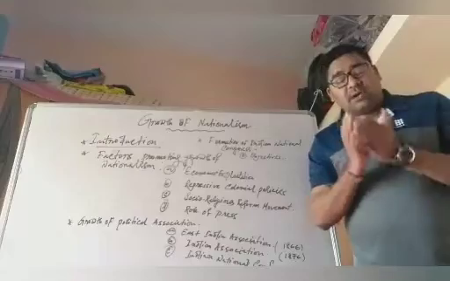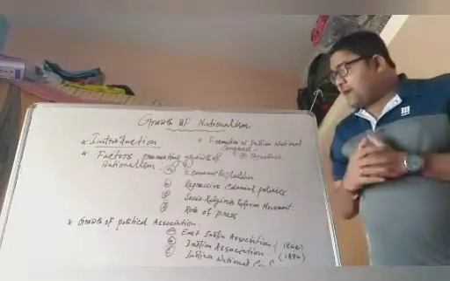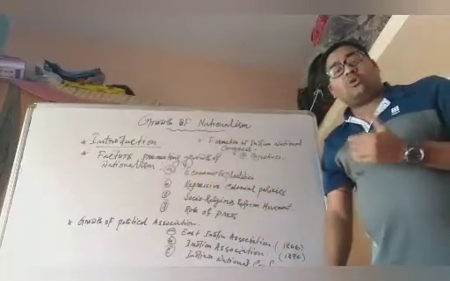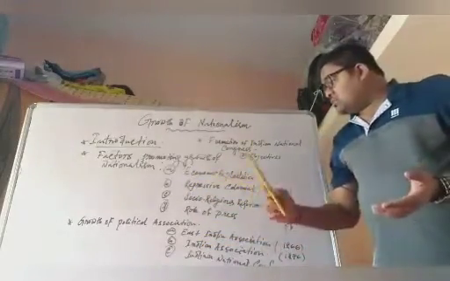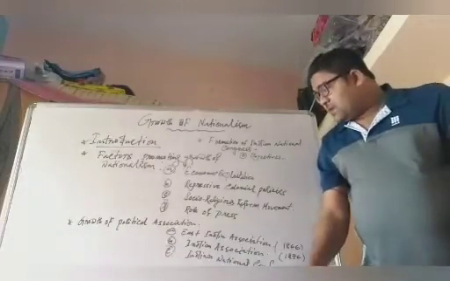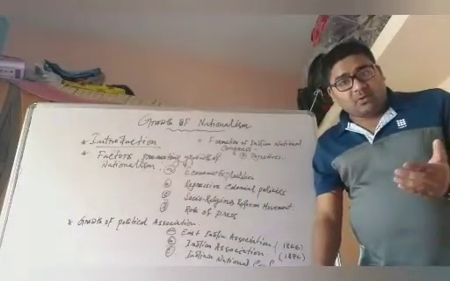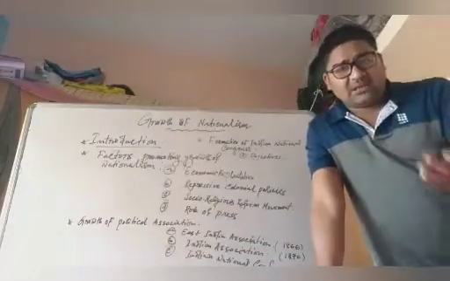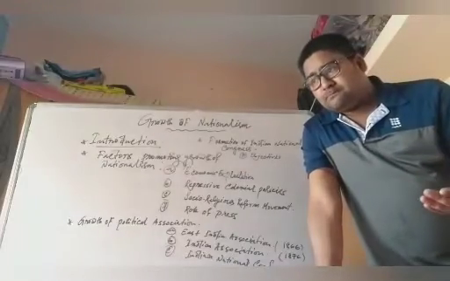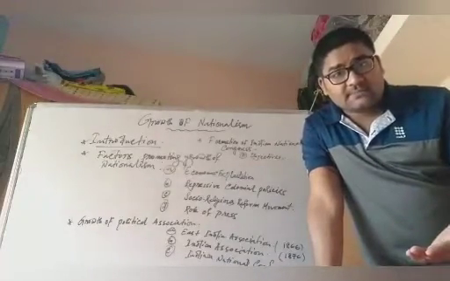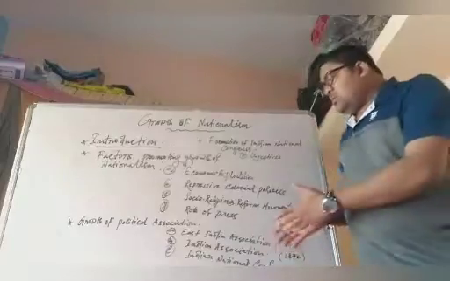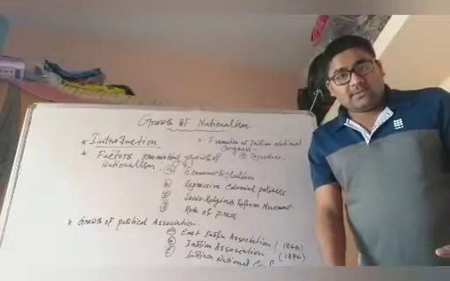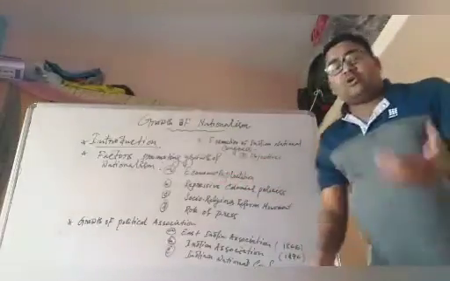That is called nationalism. So the factors which promoted the growth of nationalism are economic exploitation, number two, repressive colonial policies, then socio-religious reform movements, and number four, the role of the press, and many other factors like Western education. Today we will discuss these four causes, which are most important. First, let's start with economic exploitation.